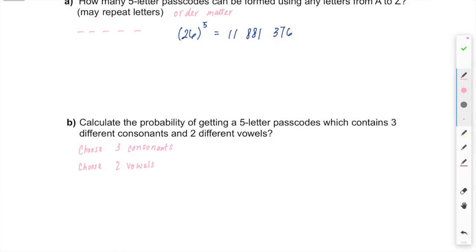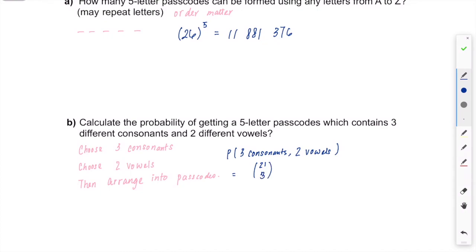Once we have these pre-selected 5 letters, we still have to put them into spots, right? The 5 different spots. So the next step is to then arrange them into passcodes. So you see how this adds some complexity to the question that we were talking about. So in our calculations, let's do some counting. The probability of getting 3 consonants and 2 vowels, and they are different, is first pick